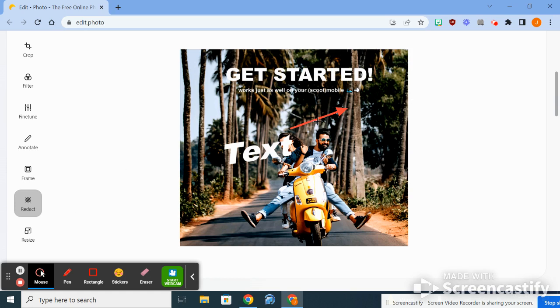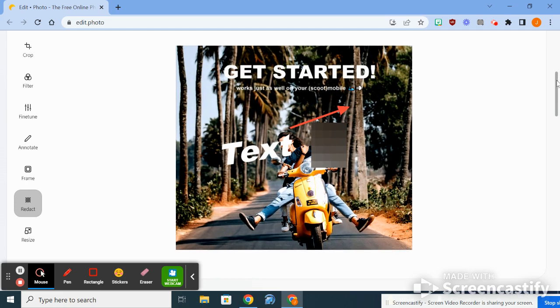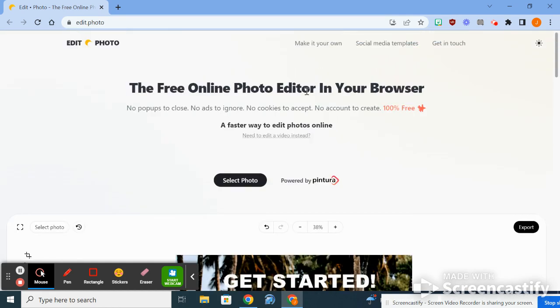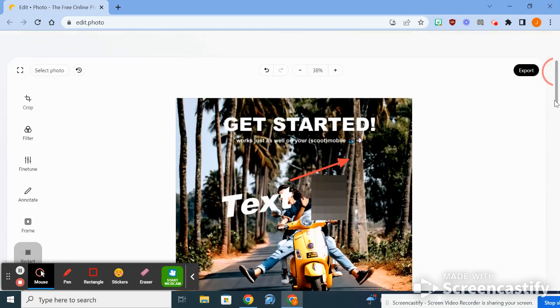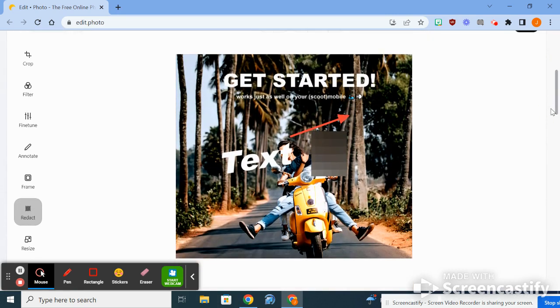You can go to the redact tool, and this will allow you to cover up a portion of the image to where that portion is no longer visible for your students. So this is a great free little tool to be able to use. It's edit.photo. They also have a video editor as well that is free that you can try out on your own time. Up here at the top, you can upload your photos, edit them however you need to,